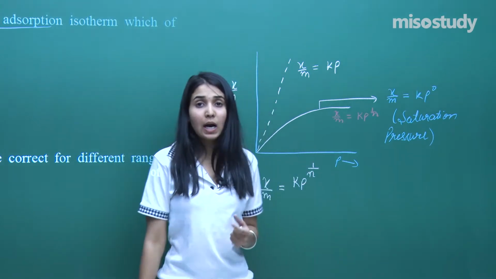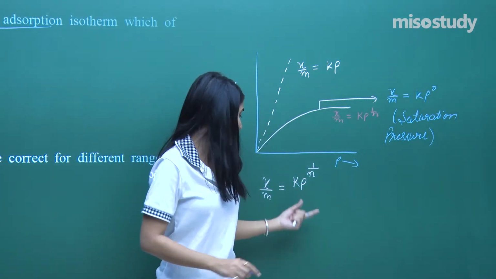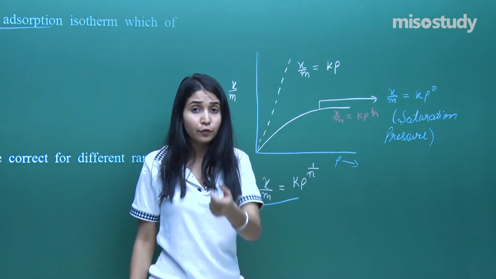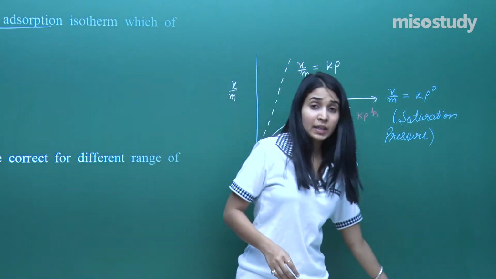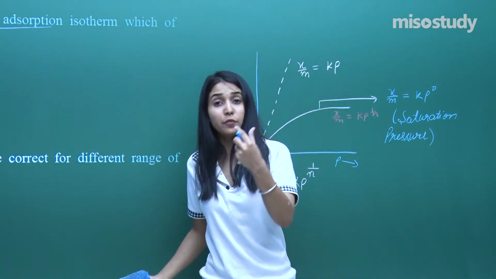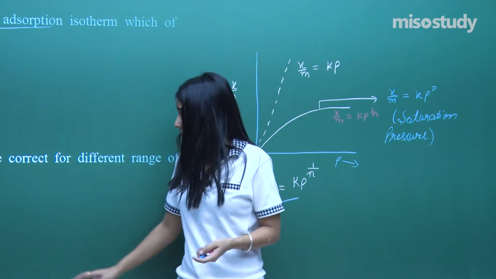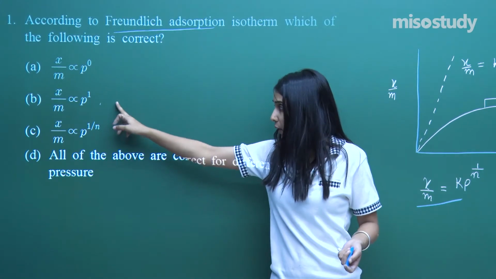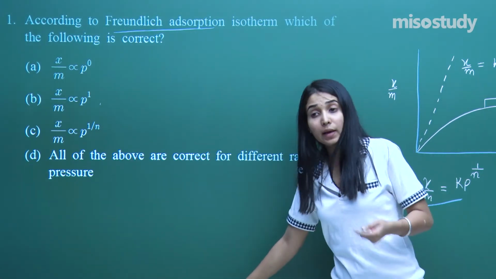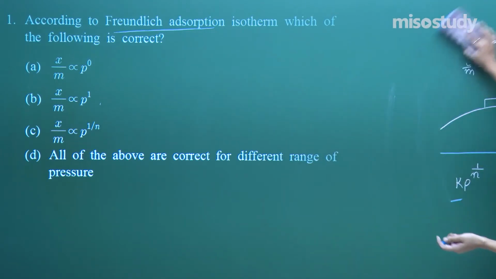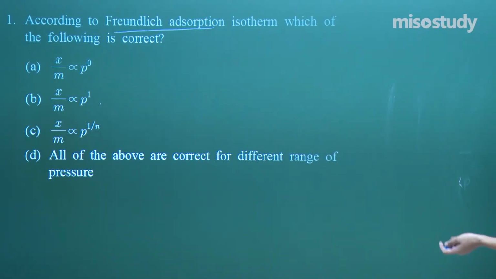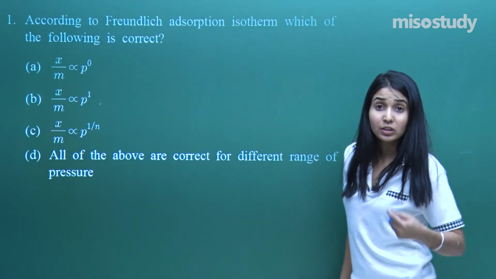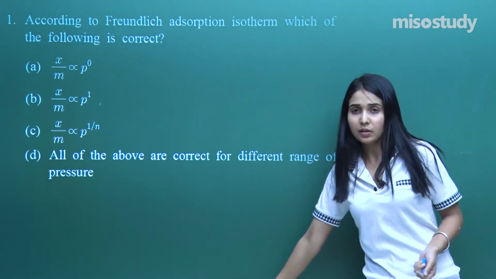So what does that mean? It means that whenever I have to draw my Freundlich adsorption isotherm, I should know the basic formula. This is the formula, and when I start drawing the graph, when I see it at different pressure ranges, obviously different types of formulas I can provide, different types of ways are there to write it. So of course I can say that it can be written in the first format where it is proportional to the power 0, to the power 1, or even in the power 1 upon n. So what does that prove? That proves that the correct option would be simply my last option, where I say that all of the options are correct for the different ranges of my pressure, right? So I can say that.